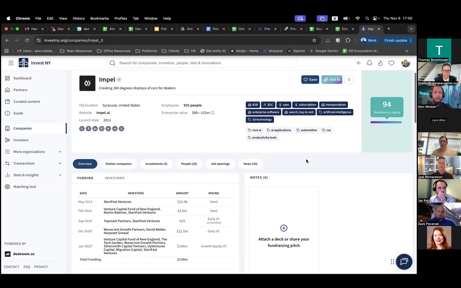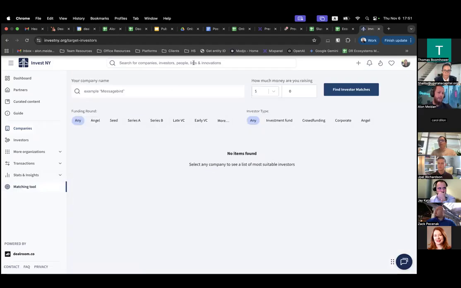So yeah, that's a big thing and something they should definitely take advantage of. And then, of course, once they've signed up and claimed their profile and made sure it's all correct, then the matching tool will obviously work a lot better, because the data that we'll have to match with will be that much more precise.